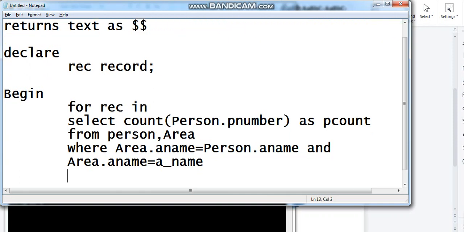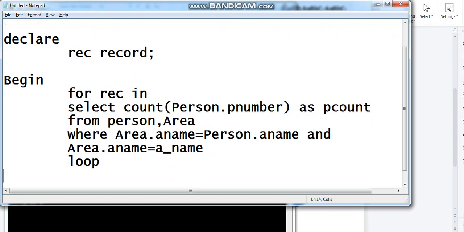Then we write the loop keyword, and what we are going to print.